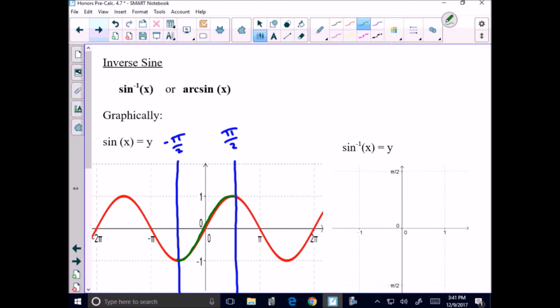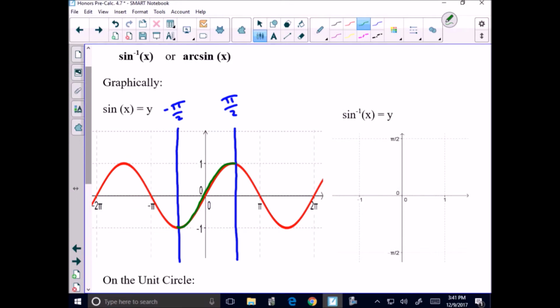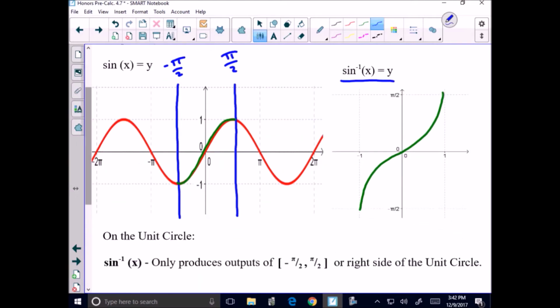So right here, we'll go over and we will invert our sine, and right here we get a graph that looks something like this. Now the graph itself isn't going to be that important to us. What it does tell us is the domain and range that we should expect from our inverse sine. So right here, looking at this, we can say that inverse sine is going to evaluate y values as ratios from and including -1 to and including 1, right? And it's going to give us outputs that correspond to those ratios as y values on the unit circle from and including